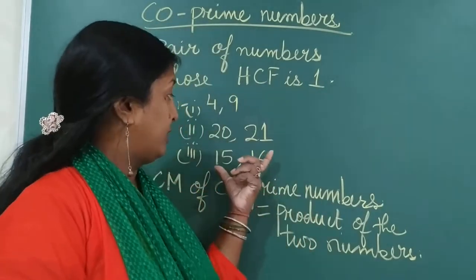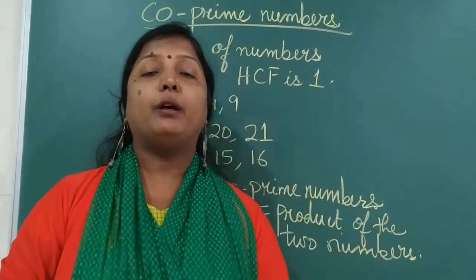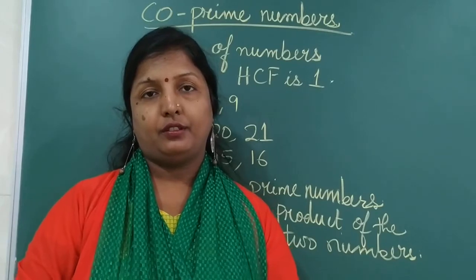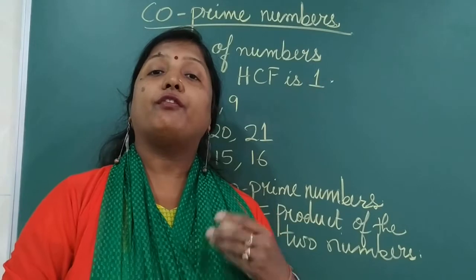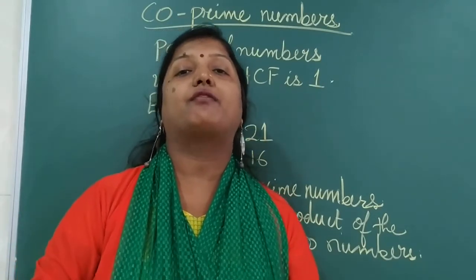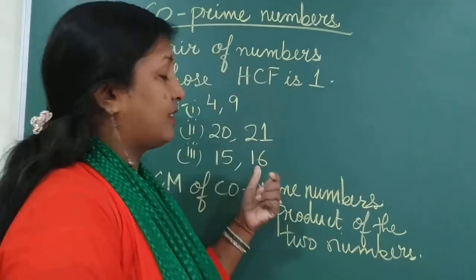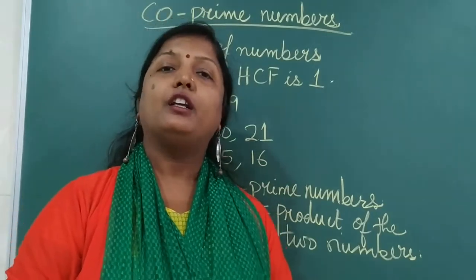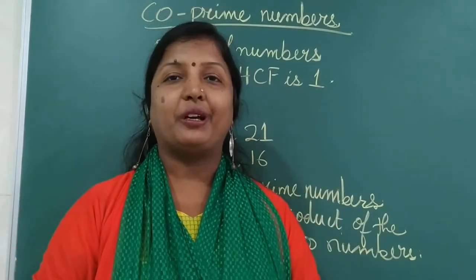Yes, one more interesting set of numbers we have. Suppose you are asked, name a pair of co-prime numbers such that they are consecutive. Consecutive means numbers that come one after the other. So 15 and 16 are consecutive co-prime numbers, they come one after the other and they don't have any common factor other than 1. So 15 and 16 are the answer for you. You can find some more numbers like this.